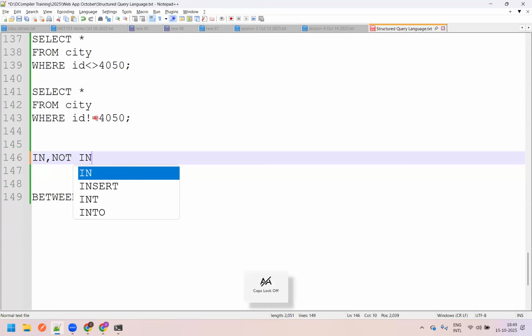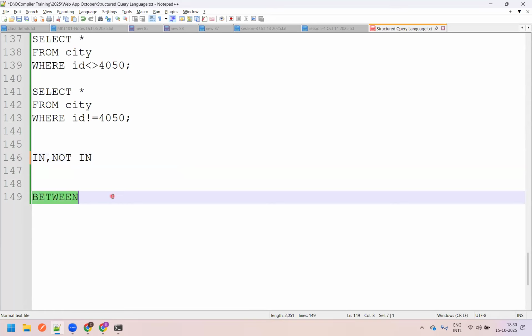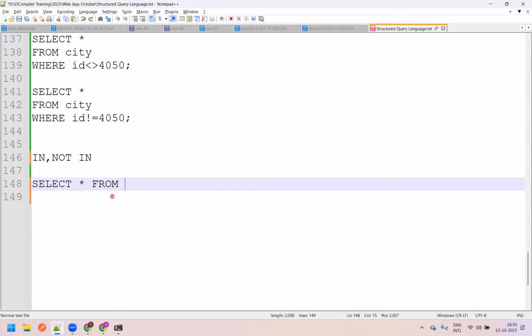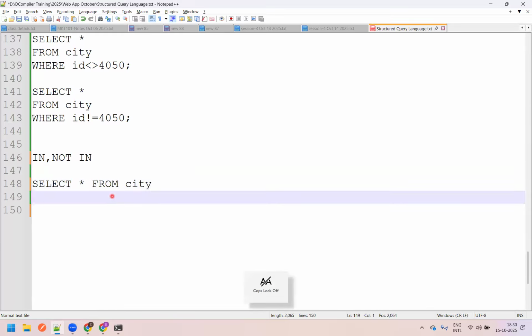So instead of this operator, we'll be typing select star from city where ID, instead of operator equals, you have to use the operator in. This is also an operator, but it's in the form of characters. Okay. In, I want to display 1, 10, 25,